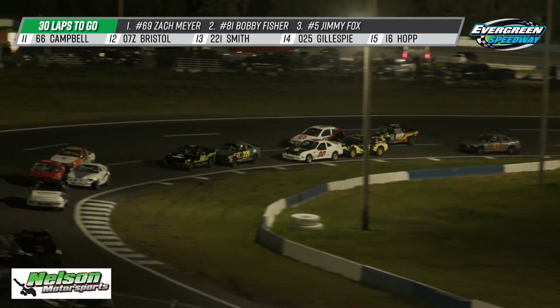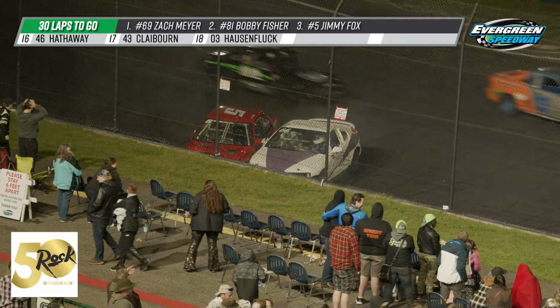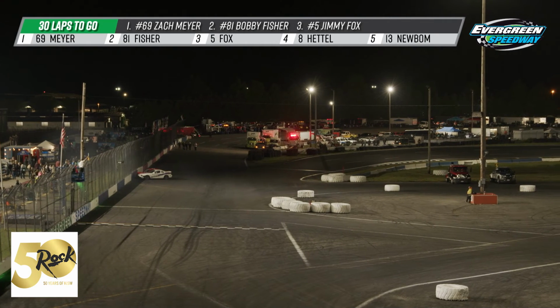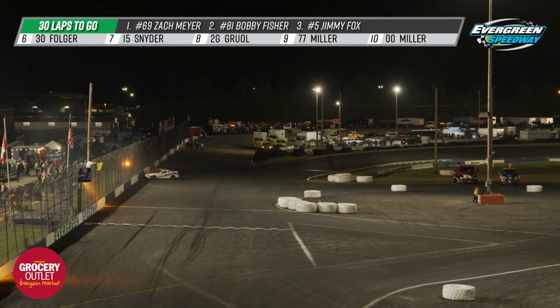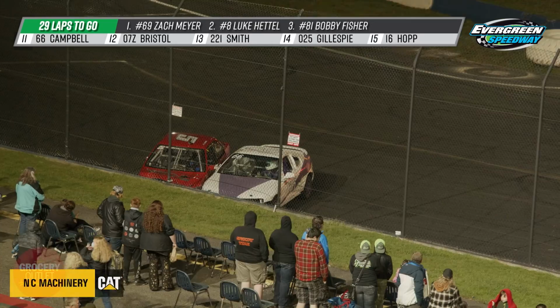And same with our high point man, Damon Claiborne, as we got some contact up in front. Jimmy Fox once again, I think that's Campbell in the 66. They're going to make some contact with the inside wall, and they're not quite done wrecking. Dan Miller hops some tires, but we'll see if they're able to get fired back up. John Peterson trying to give some time, hopefully to stay green, and we're unfortunately not able to, as the 2 drivers not quite able to get off the wall and fired back up,